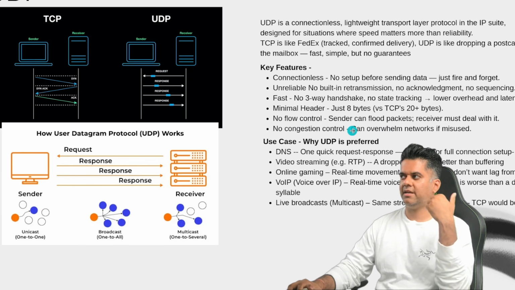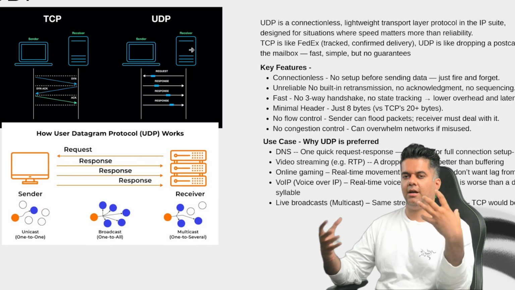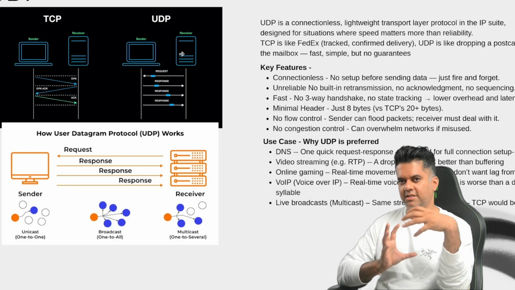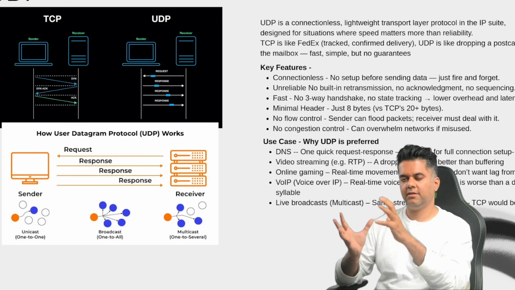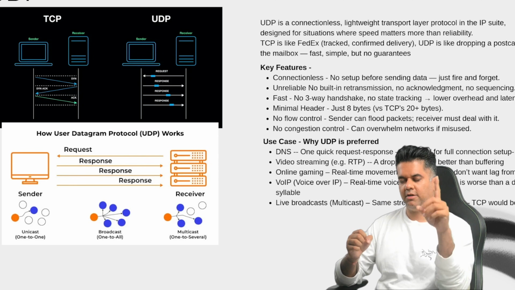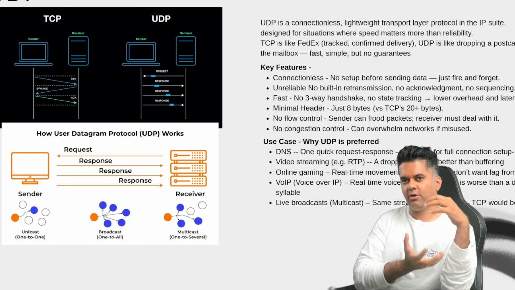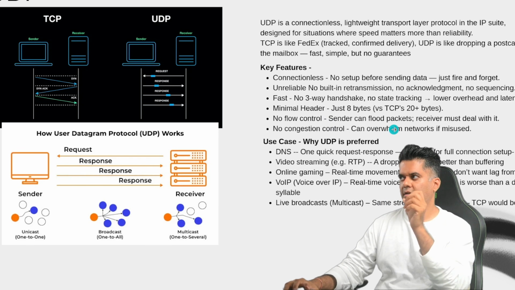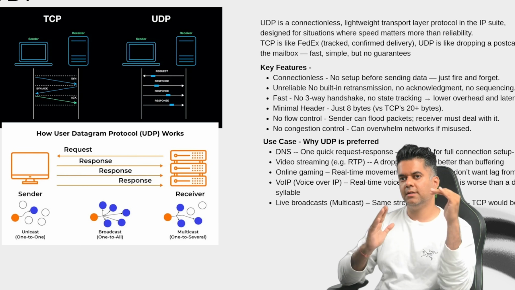And there's no flow control. So the sender can just flood packets, and the receiver must deal with that. It's all on the receiver how to deal with so much data coming in. And that's still easy, right? If you don't pressurize the server, which is the sender, too much, that means the system can scale a lot. The receiver is just receiving from one server only, but the server has to connect to so many different receivers, right? So all the attacks happen on the server side rather than the receiver side. If the receiver is under a little bit of stress and getting flooded with packets, that's still in a much better situation than the sender getting attacked.